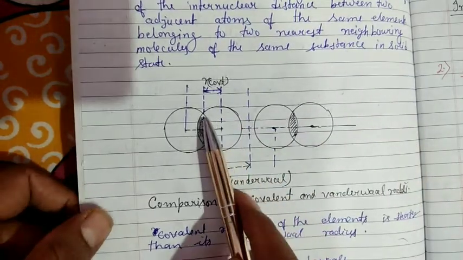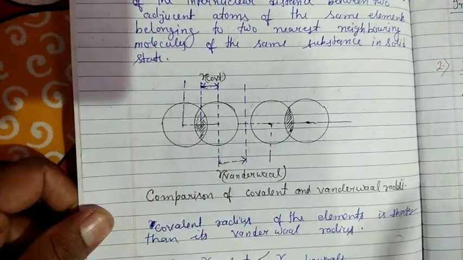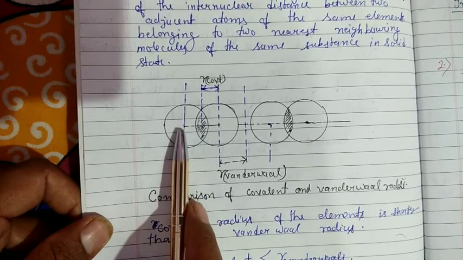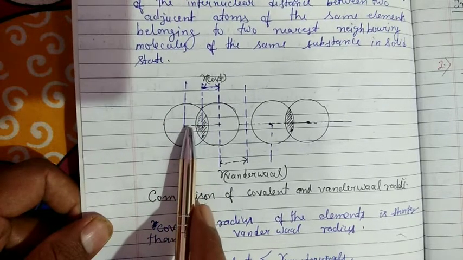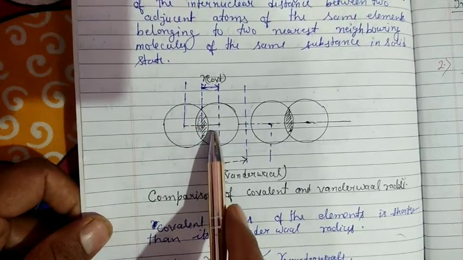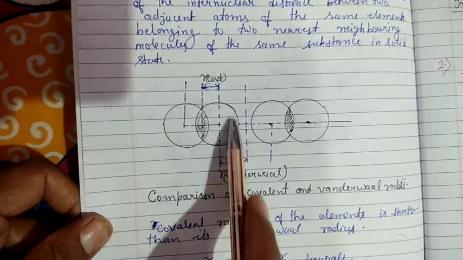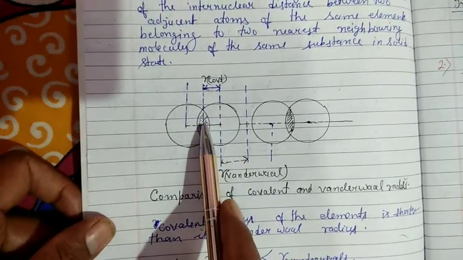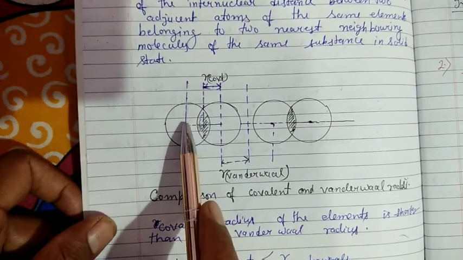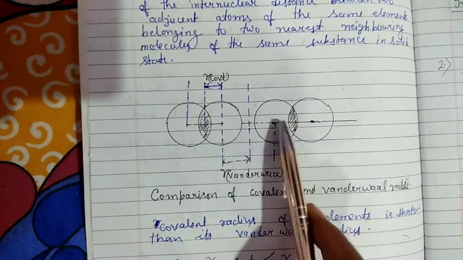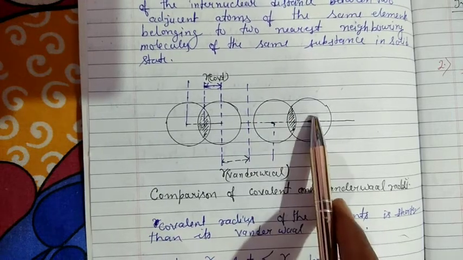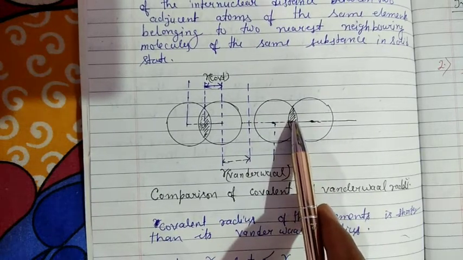This is the atoms of van der Waals radius. Let us take examples. One is the chlorine atom. This is the chlorine molecule. So these chlorine atoms are sharing one electron each and form the covalent radius. And similarly, different molecules get overlapping. For example, chlorine atoms overlap one electron and form the covalent radius.